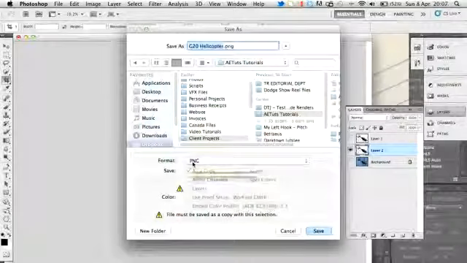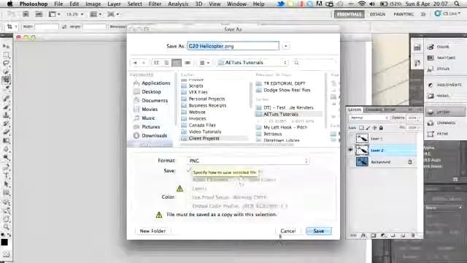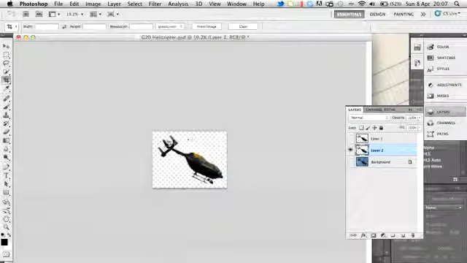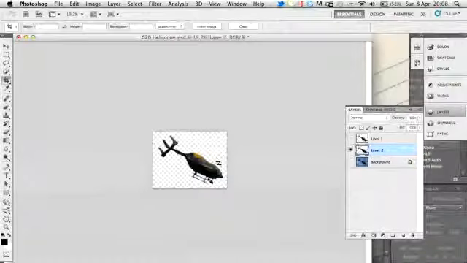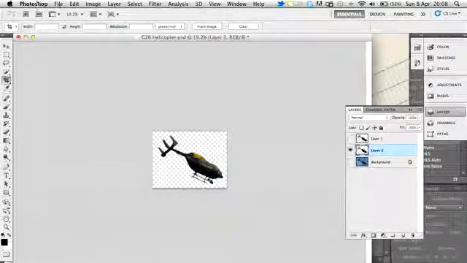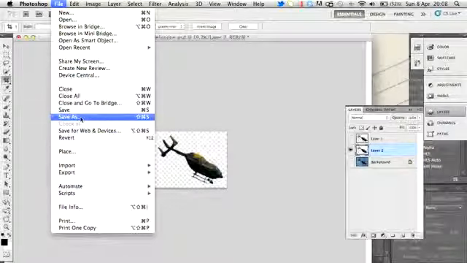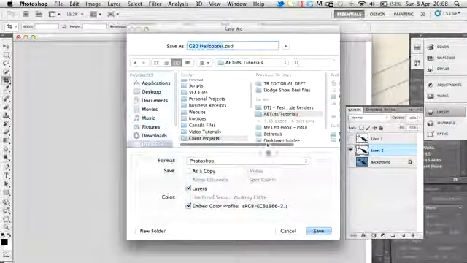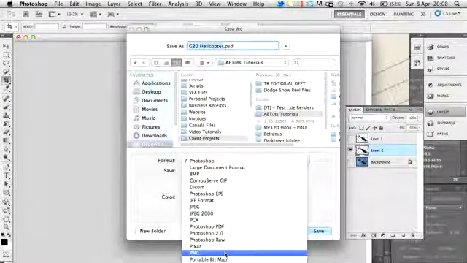The reason that we use PNGs is that it will actually keep the alpha channel of the image, the alpha channel being where we have transparency. So where we've erased the sky in the background, that is now transparent and see-through, which allows us to overlay this image onto other footage, which we want to keep. So as I said, we're going to File, Save As, navigate to where you want to save it, go PNG,